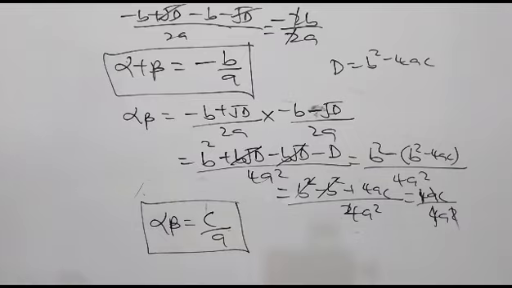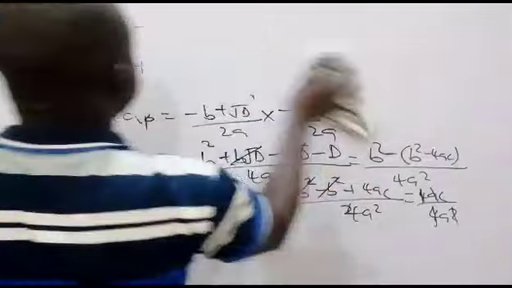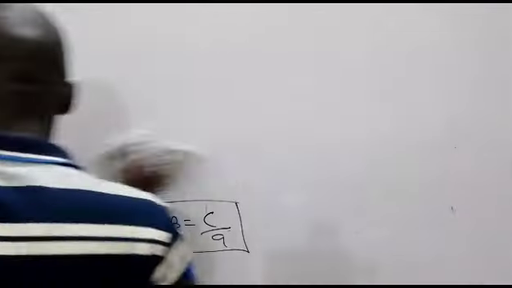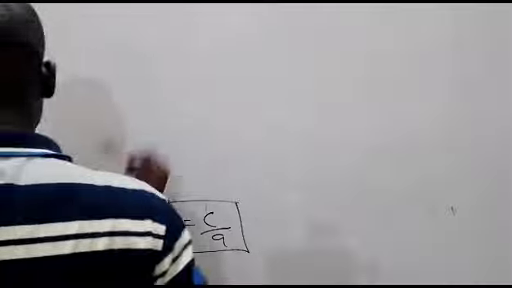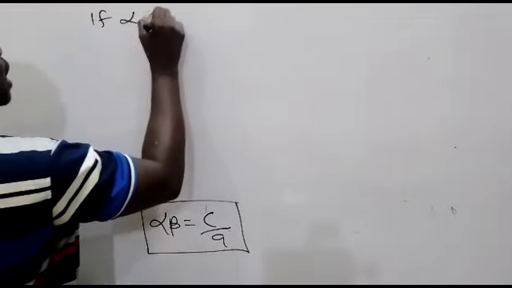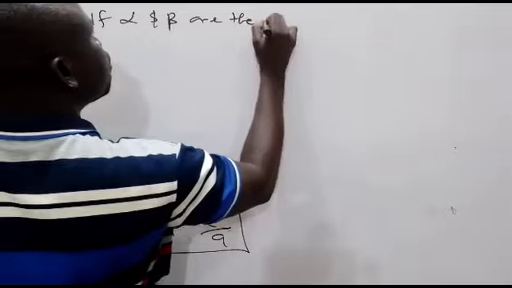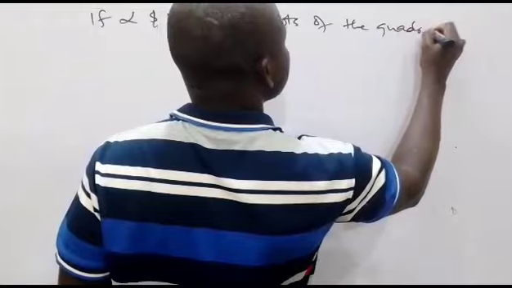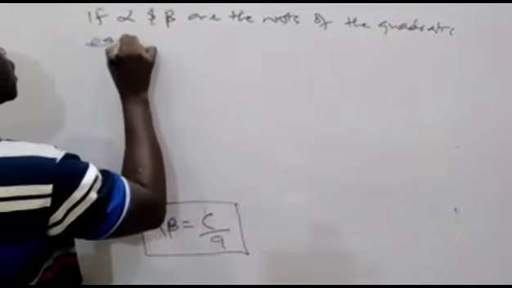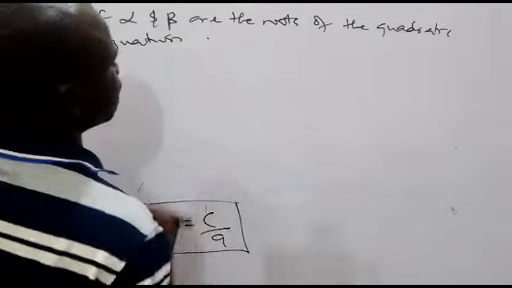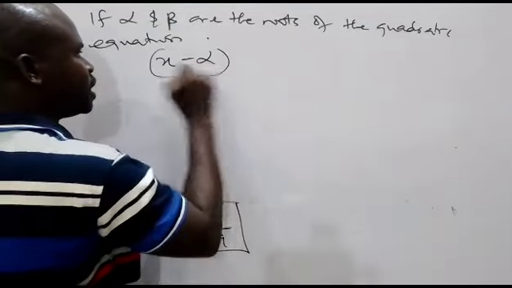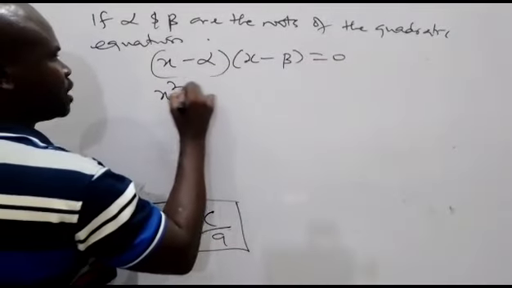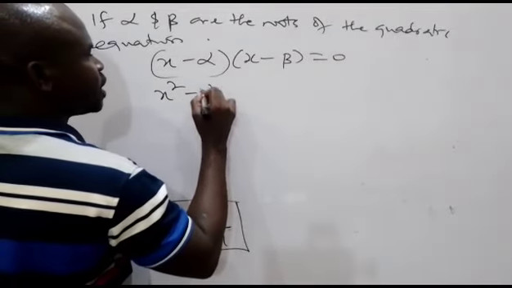So now, if alpha and beta are the roots of a quadratic equation, how do we generate that quadratic equation? That is the bone of contention. That is what we are about to derive now. So if alpha and beta are the roots of the quadratic equation, how do we generate that quadratic equation? That is, if we say x minus alpha into bracket x minus beta equal to 0, then if I expand, I will have x squared minus x beta